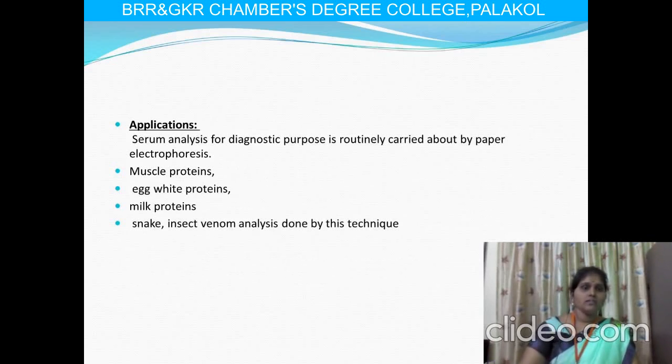So this paper electrophoresis is used for the estimation of different types of components like proteins, amino acids, peptides, and also nucleic acids. It is mainly used for serum analysis and for the diagnosis of different diseases related to the serum. Okay, and it is also used for the separation of different proteins like muscle proteins, egg proteins, and milk proteins. It is also used for the separation of snake venoms, and this technique is also used for the separation of insect